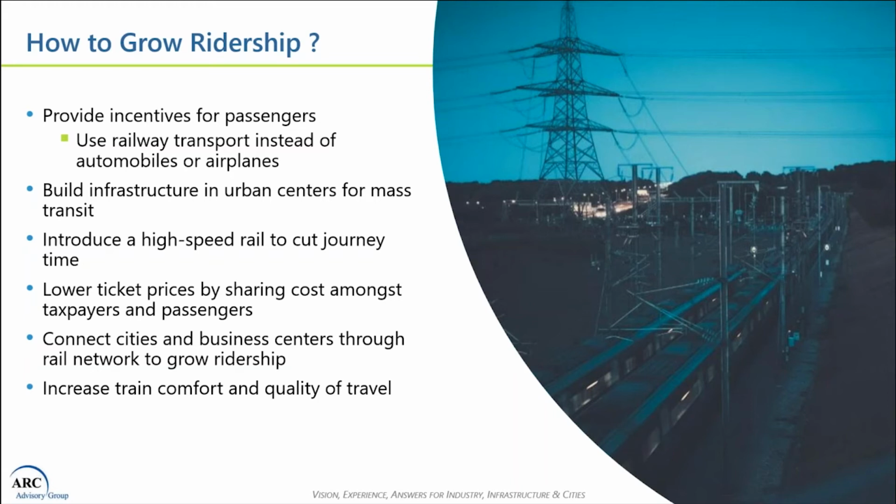And for that, what the Americans need to be convinced of is that they need to get more incentives for passengers that need to be around the urban centers for mass transit. And one of the ways is that they could introduce a high-speed railway network that could connect, for example, we see this happening in Texas, that they're connecting Dallas to Houston. That's going to cut a lot of journey time that could have taken at least 4 or 5 hours